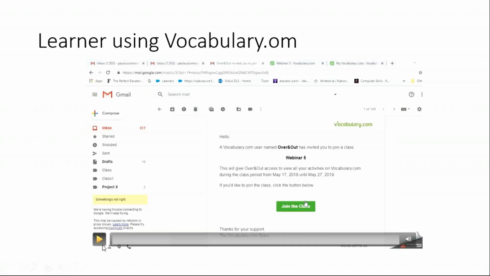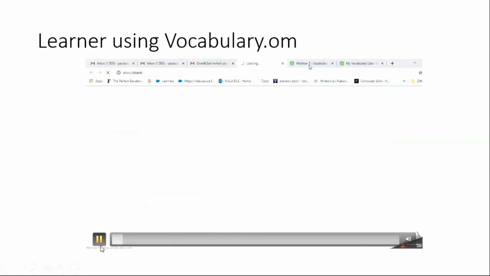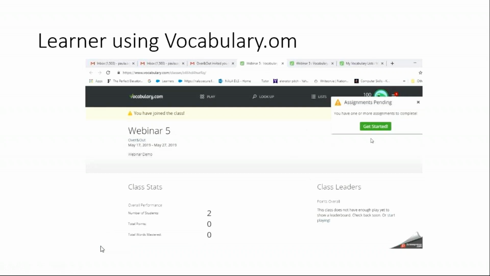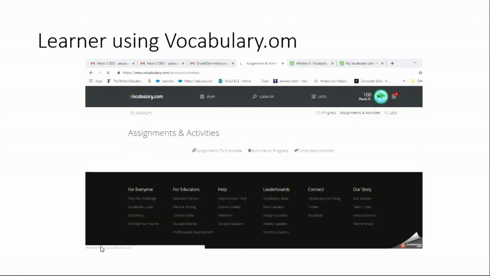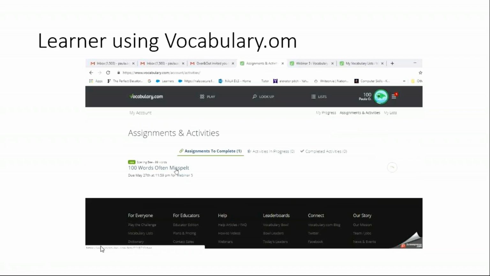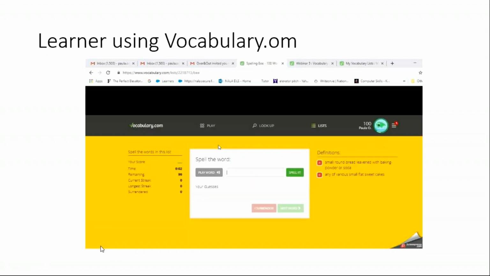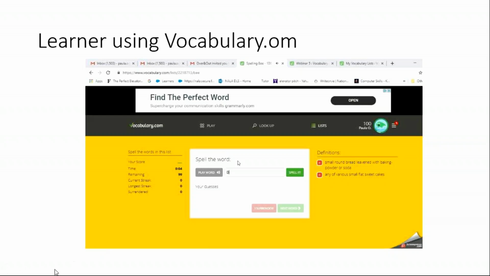Then on this short clip we see how the learner might see it. The learner will get an email inviting them to a class. They go into the class, log in, and they're reminded that they have some assignments pending, so they can go into those assignments. This yellow part here is Spelling Bee, and it says the word, biscuit, and now you're trying to spell biscuit. You spell it, you get it correct. Next one,